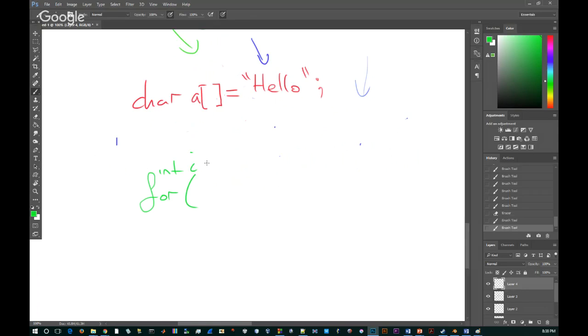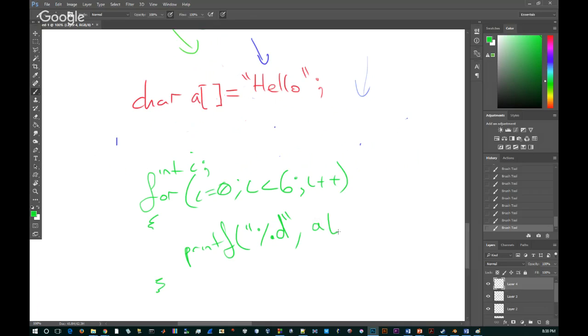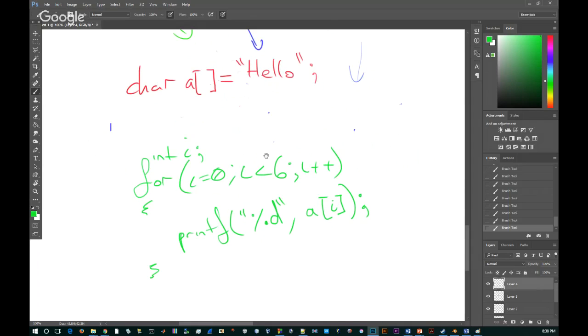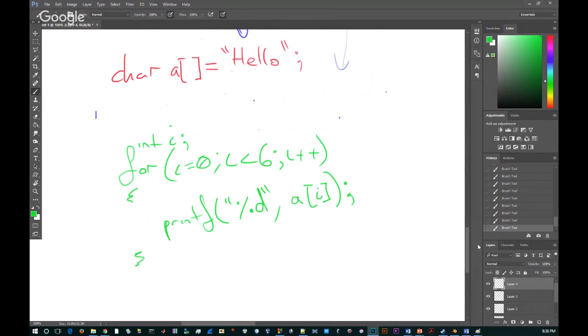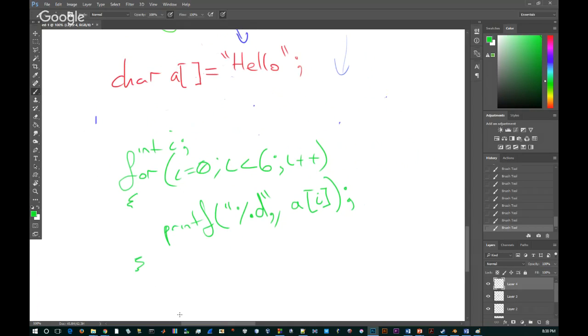So I'm going to have a for loop for i equals 0, i less than 6, i plus plus. What I'm going to do is do a printf %d, and I'm going to do a i. Okay. So I might actually put like a comma or something in there as well. So given that,